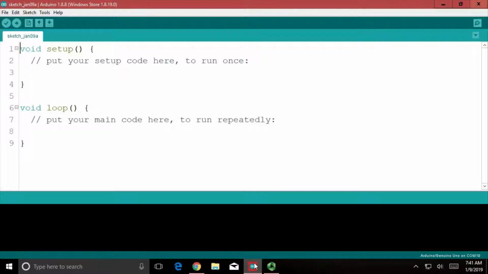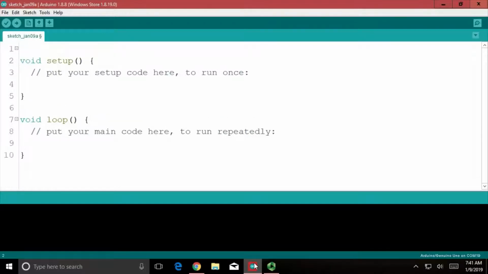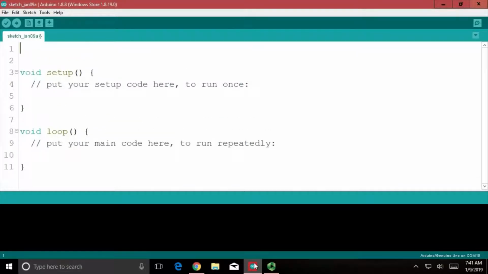So we're going to go ahead and talk about data types. Data types, again, are the kind of value that you want the computer to be able to store. You want it to be able to store it in memory so that it can recall it later. And you need to tell it how much space to remember and what type of data you're saving in that,